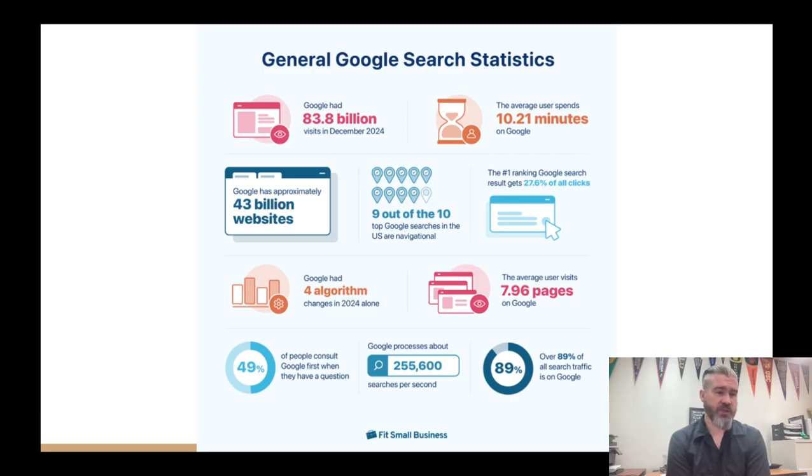So this infographic just helps us provide a little bit of context, right? And when we look at 83.8 billion visits to Google in 2024, right? That's a lot of searches. We are searching a lot, and those searches are all over the place, right? Lots of different things that people are looking for. The average user spends about 10 minutes on Google. There are 43 billion websites on Google, probably a little bit more, which tells us there's a lot of information